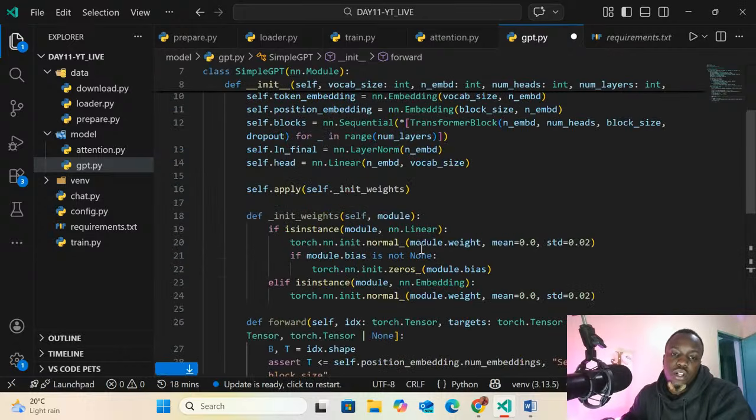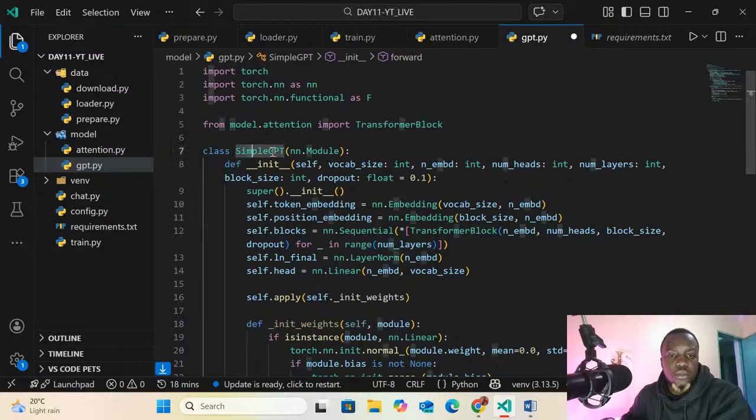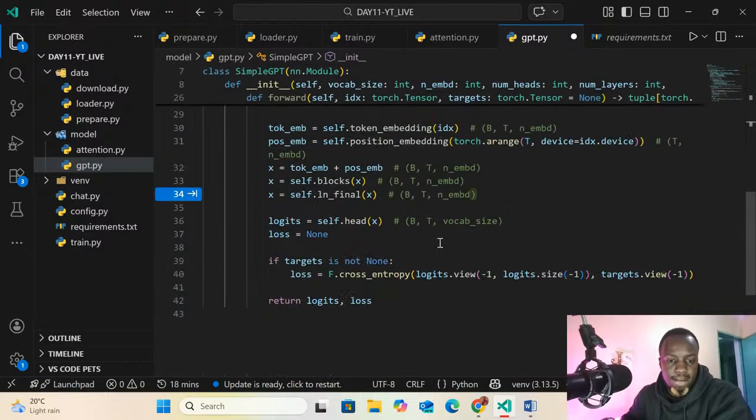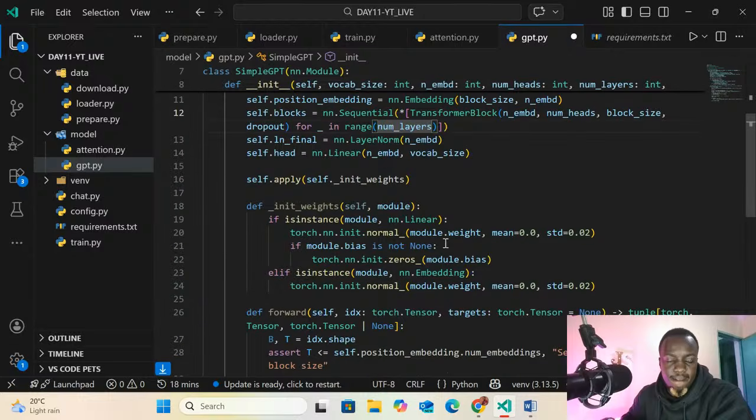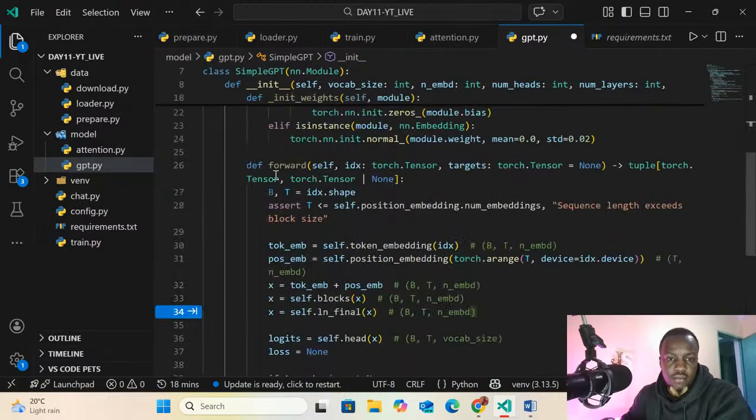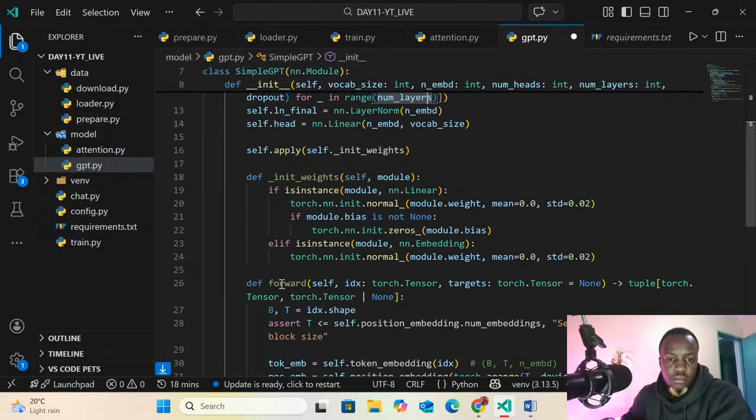I think that's it for the simple GPT file. Is there anything that we need to do? Yeah, we have these variables and we have not called them.